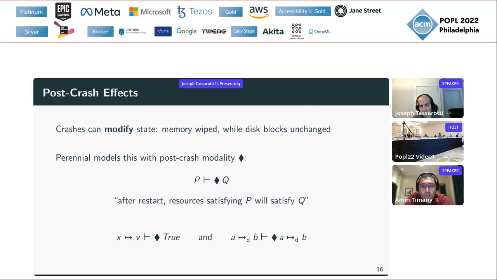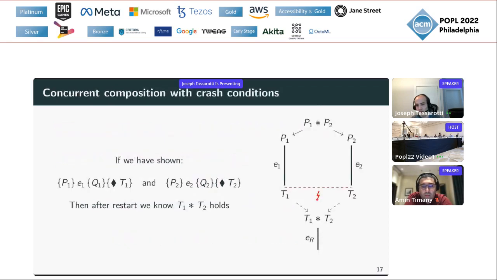All right, so once we have this idea, what we can do is actually fill in our concurrent composition by making the crash condition be diamond T1 and diamond T2. Okay, so now what we'll know is after the system restarts from the crash, T1 describes the things that E1 previously held, and T2 describes the things that E2 previously held.